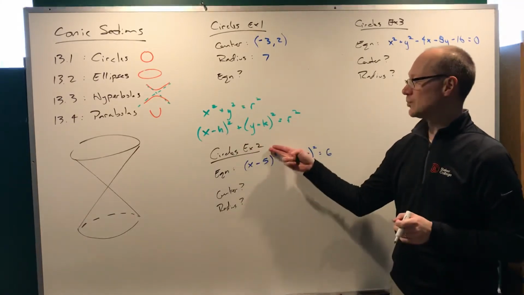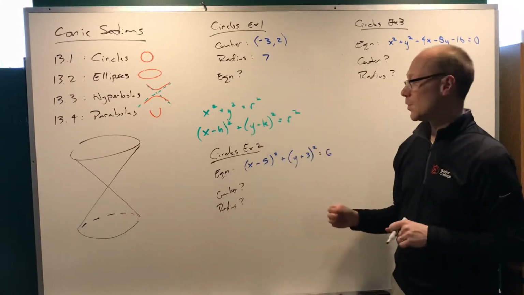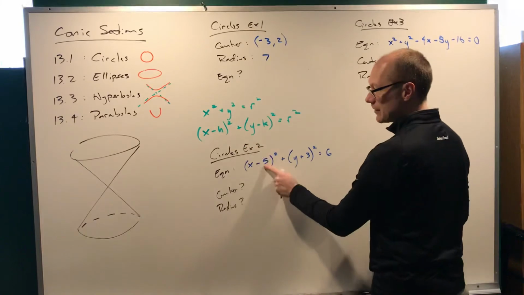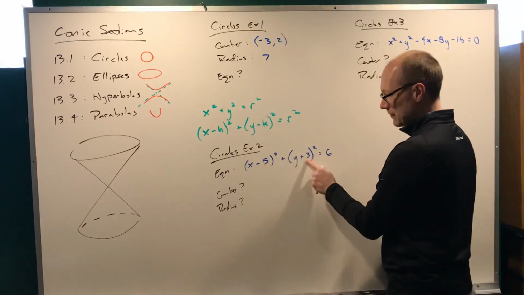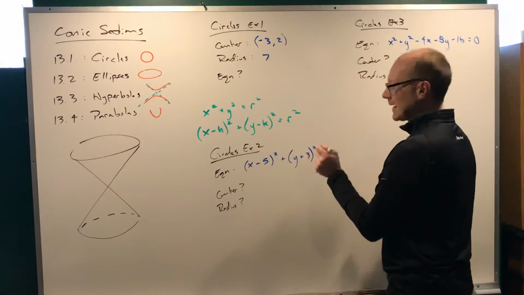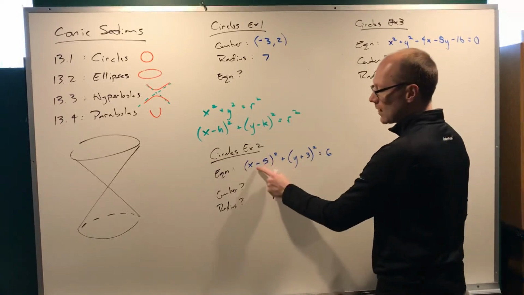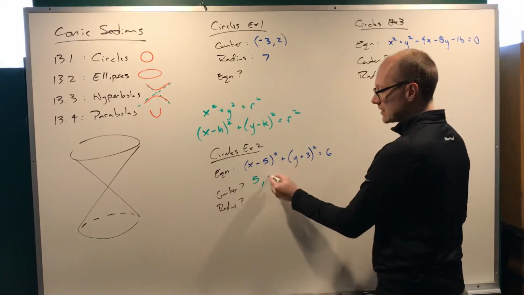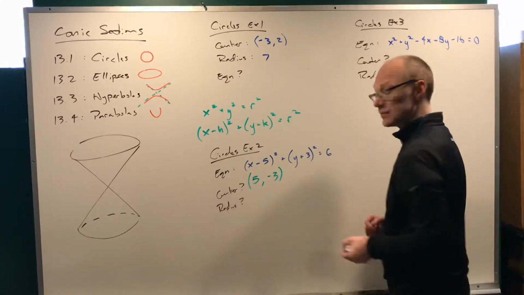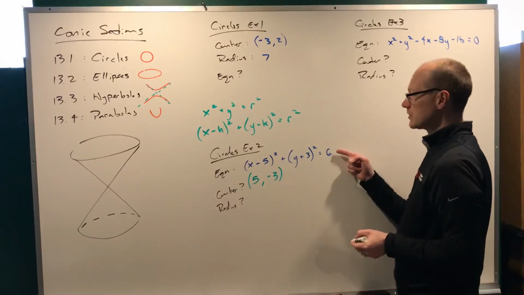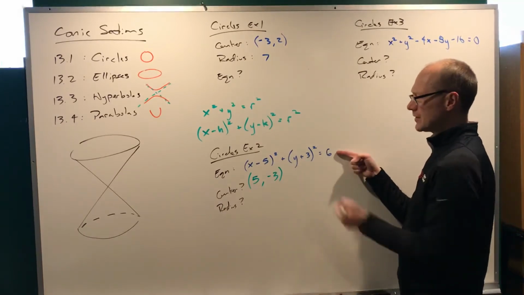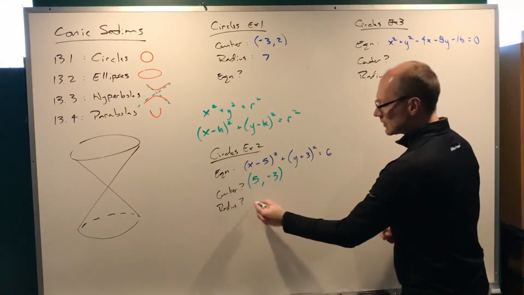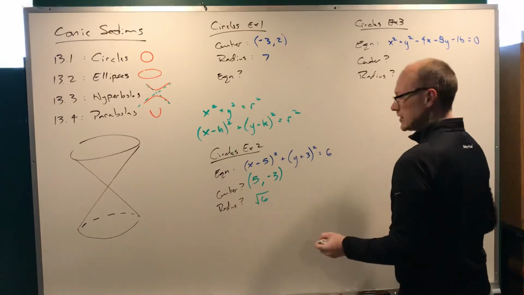So if I jump to example 2 instead of doing example 1 first, do you see this equation right here? Do you see that I am subtracting something and subtracting something? So I can figure out that my center is, what I'm subtracting is 5, what I'm subtracting is a negative 3, and that is my center. What is this thing? This is a squared thing. I find the radius by square rooting. The square root of 6 is the square root of 6, which is about